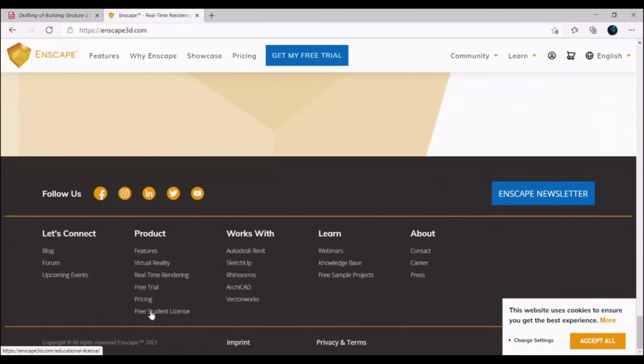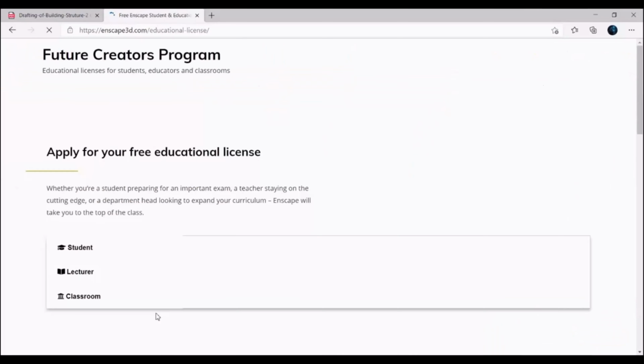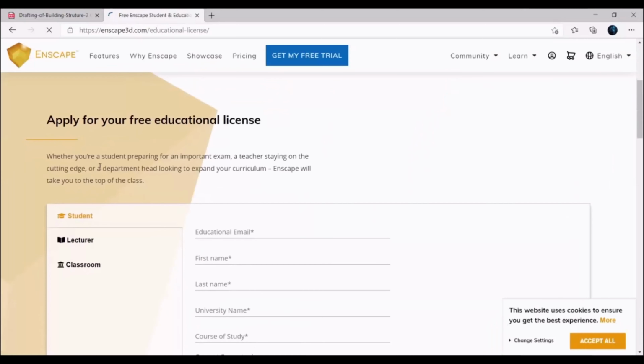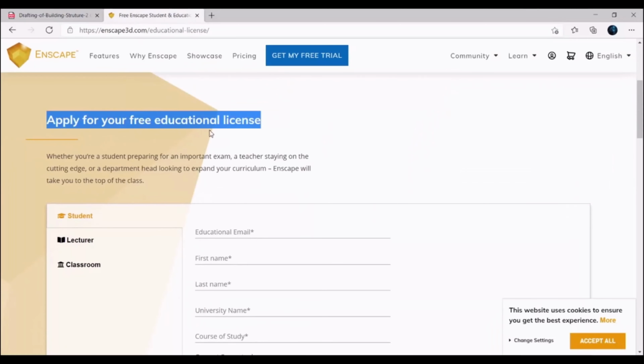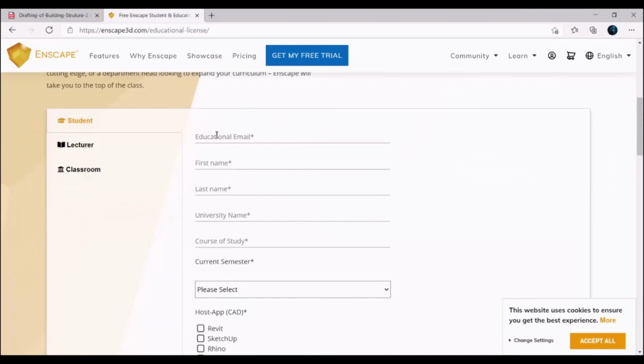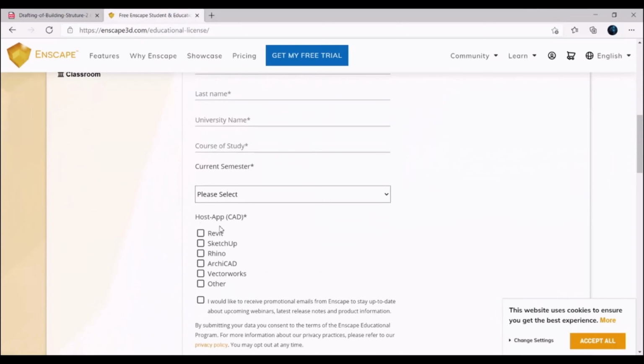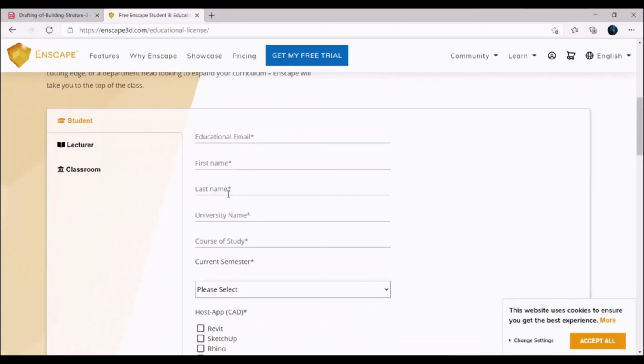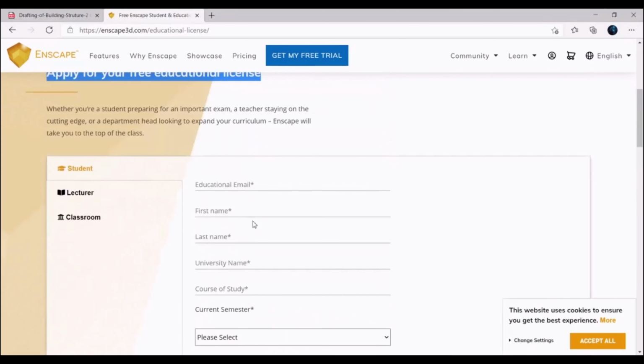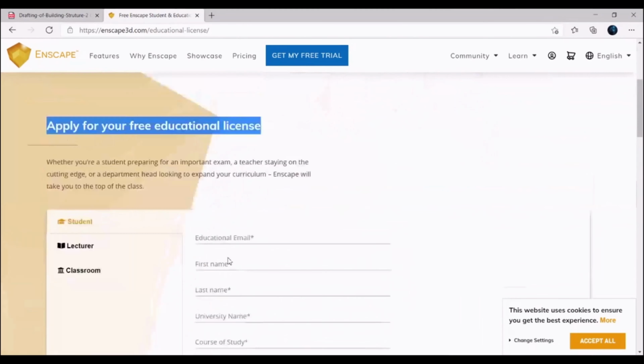This free student license you can get from here. You have to sign in. You can apply for your free education license with all these details. Which one will be the host app? If you are applying for SketchUp, you can also select that, and you get it through email. This is the way you should go for it.